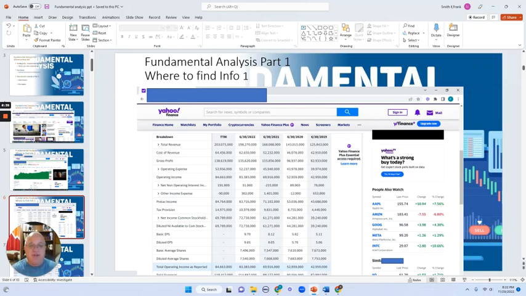Most of these are set up almost identically. A basic income statement starts with revenue or sales minus your cost of goods sold, or cost of revenue, which gives you a gross profit. From there, you subtract out overhead, which others call operating expenses, and if you add depreciation and that kind of stuff in there, you get to operating income, which is also known as EBIT, earnings before interest and taxes. Thank you, accountants, for making it easy for us. Then we subtract out the interest expense, or anything related to interest, whether it's a cost or actually income coming in, to get to earnings before taxes, or pre-tax income.